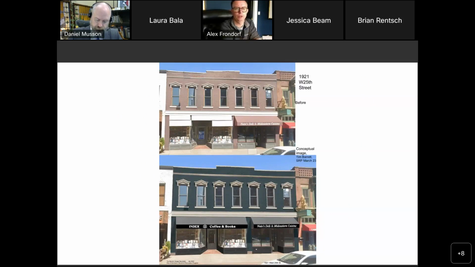The paint that you intend on using, I know it's painted already, and I don't know what kind of paint that is, but will this be masonry paint? In other words, paint that allows the masonry to breathe? Absolutely. Frost Building Maintenance, who's doing the work, has a wonderful track record and is very sensitive to issues regarding historic brick structures. So we will ensure that they use the proper materials for a long-lasting result.